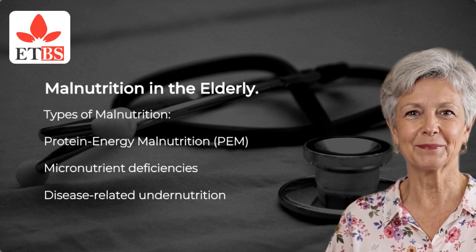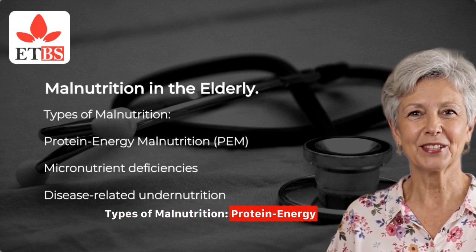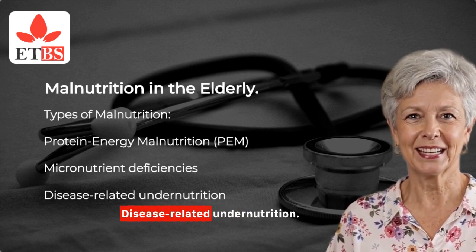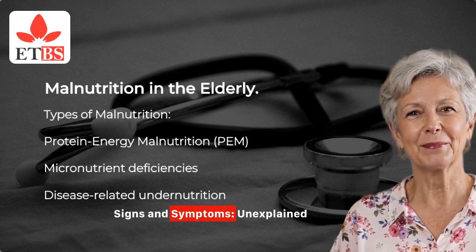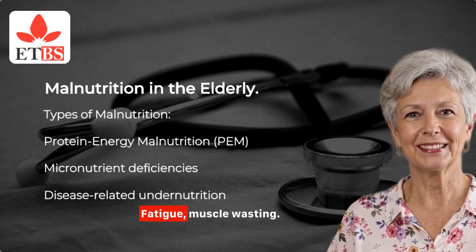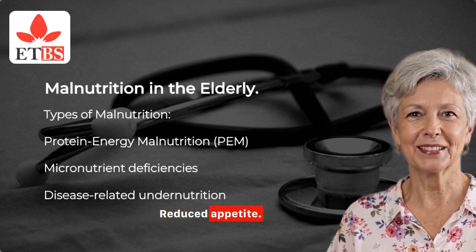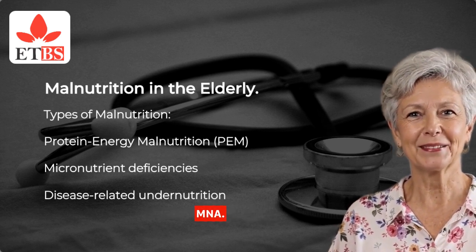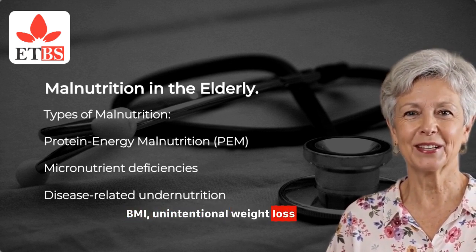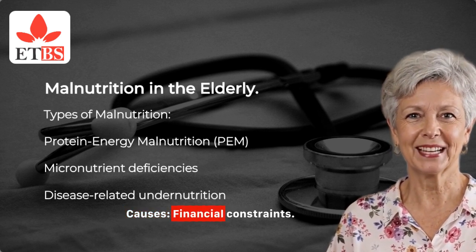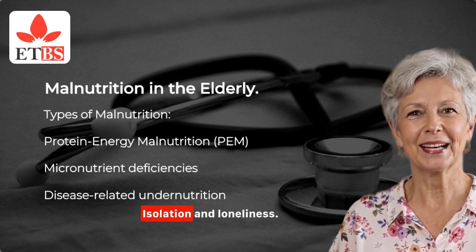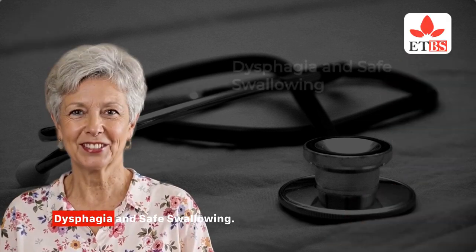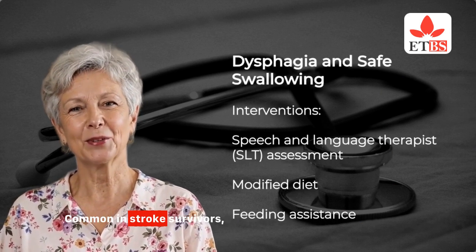Malnutrition in the elderly. Types of malnutrition: protein energy malnutrition, PEM, micronutrient deficiencies, and disease-related undernutrition. Signs and symptoms: unexplained weight loss, fatigue, muscle wasting, reduced appetite, poor wound healing. Screening tools: MUST, MNA, BMI, unintentional weight loss metrics. Causes: financial constraints, depression, isolation and loneliness, difficulty shopping or preparing meals,